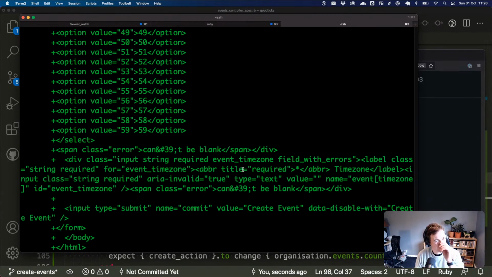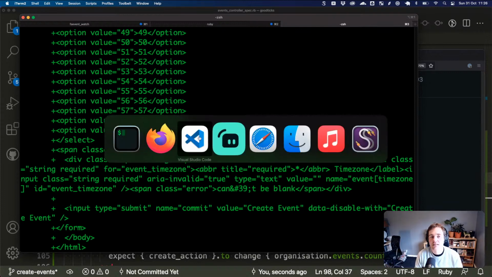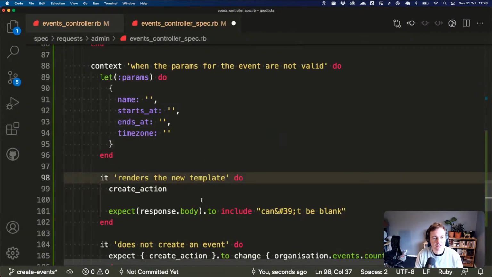I mean, this is just such early work. I don't really know if this matters, but I think it is worth us bearing in mind for the testing that we do moving forward. Okay, let's